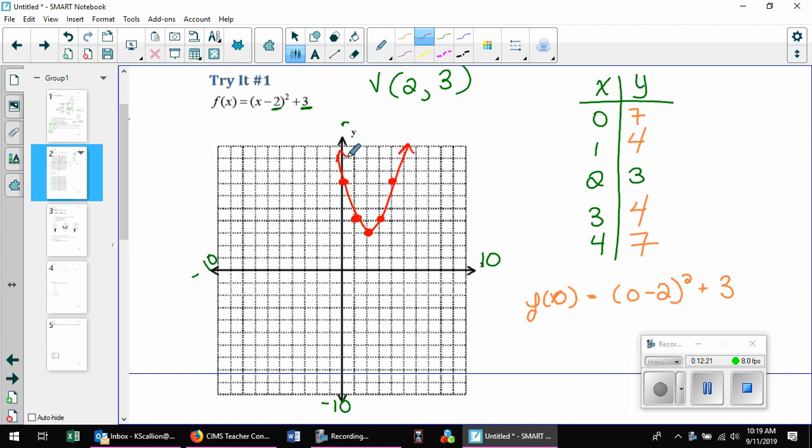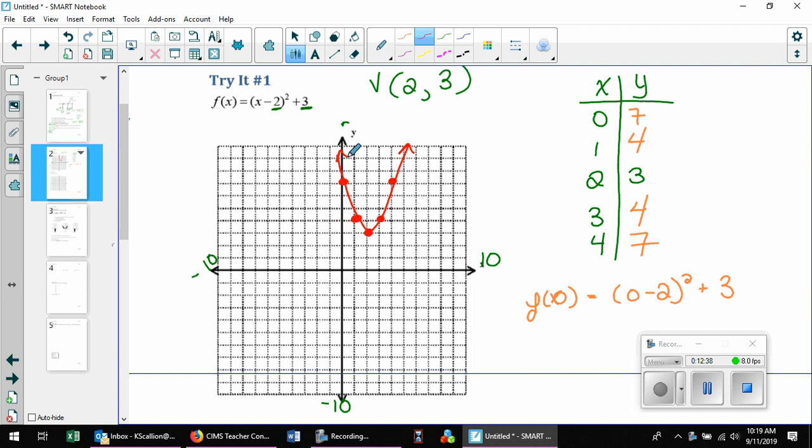I get the exact same coordinate pairs. I just didn't do any math. I didn't substitute any values in. I just followed the pattern. So it gets a little bit more complicated when there's an A value, when this is like